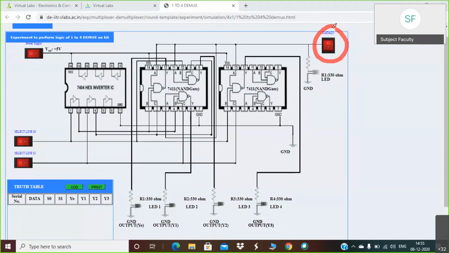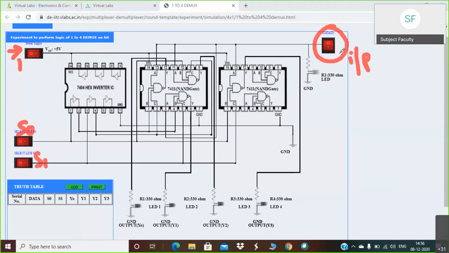This is the power supply, it should always be 1. And these two are select lines. The first switch is S0 and the second switch is S1.